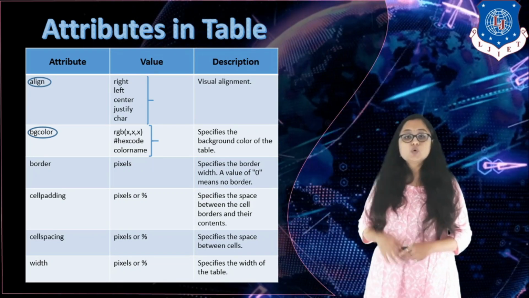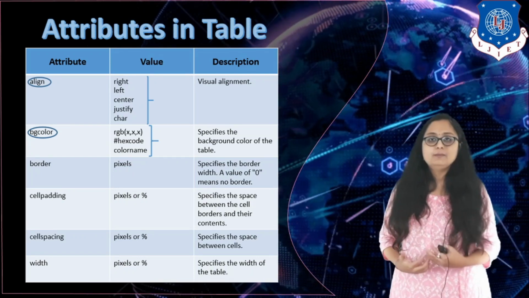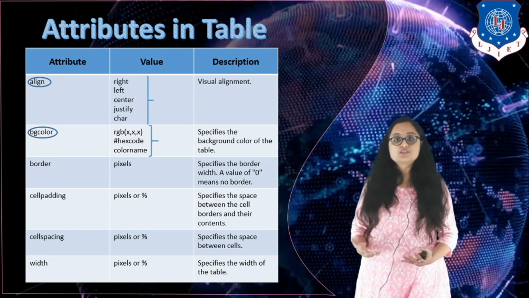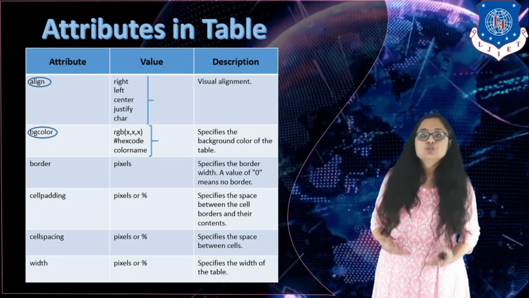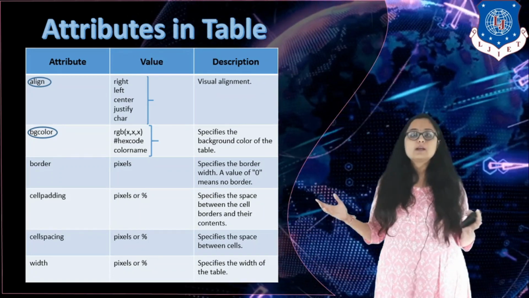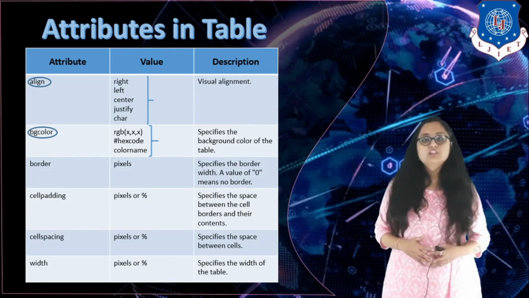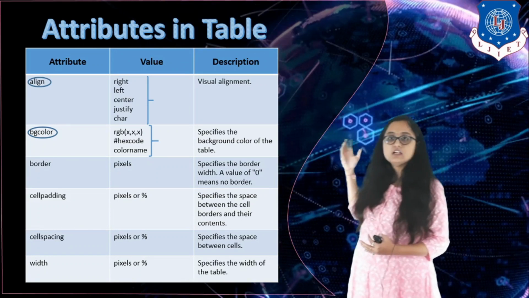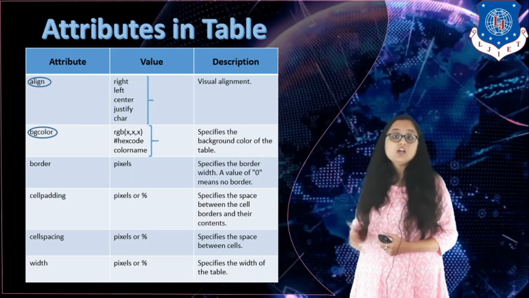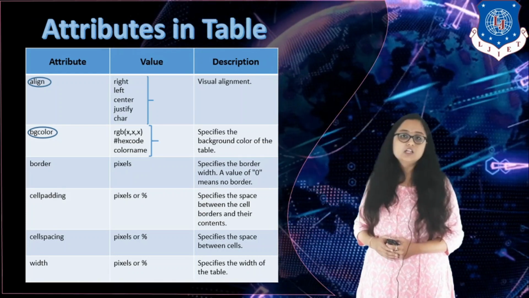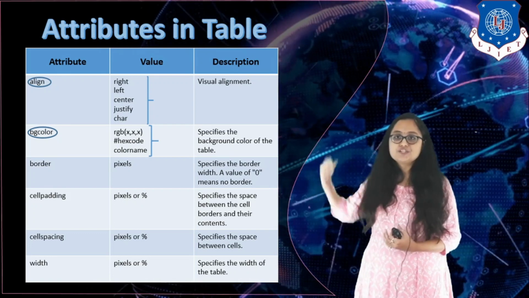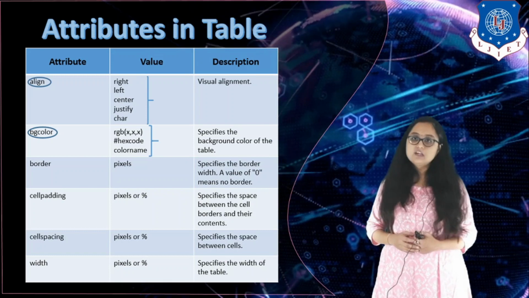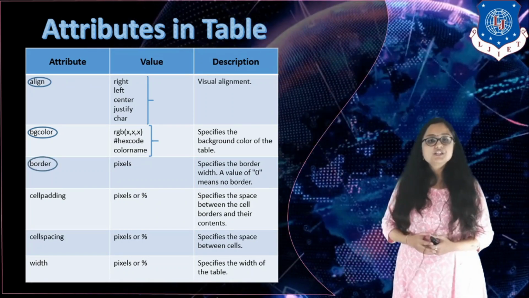And the last is you can statically write a color name like red, green, blue, etc. But there are limited color names available to you, because there are countless colors and writing all these names is impossible, right? So there are limited color names which are acceptable for our BG color value. So you can go for RGB or hexadecimal if you want some color which is not available in our color name list, right?